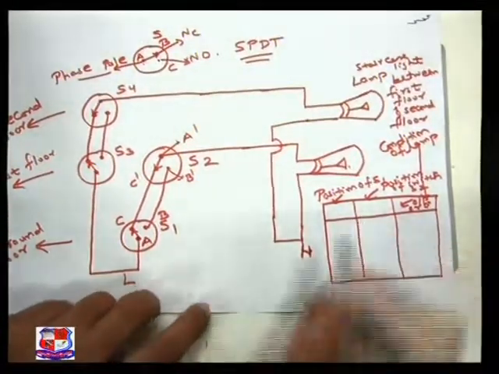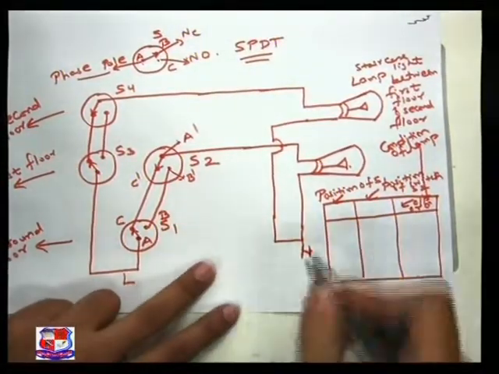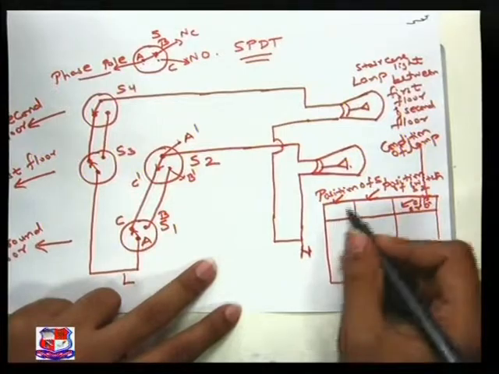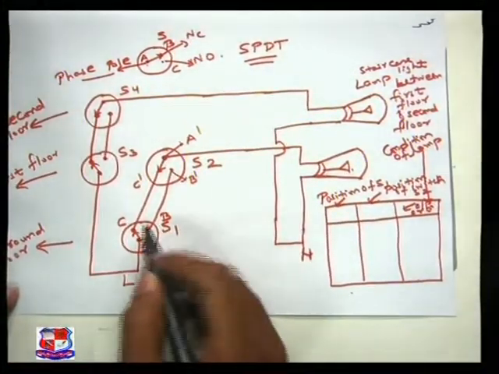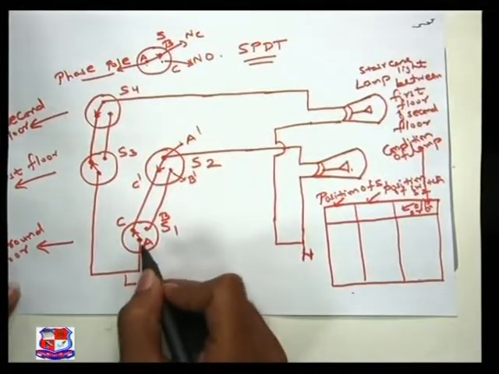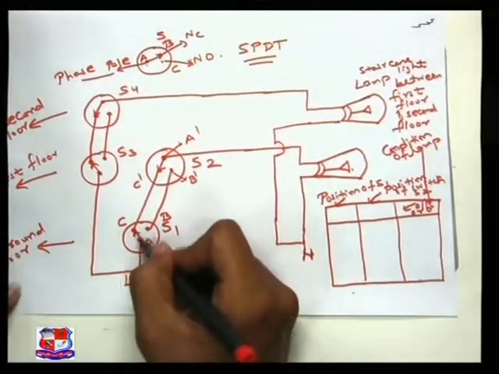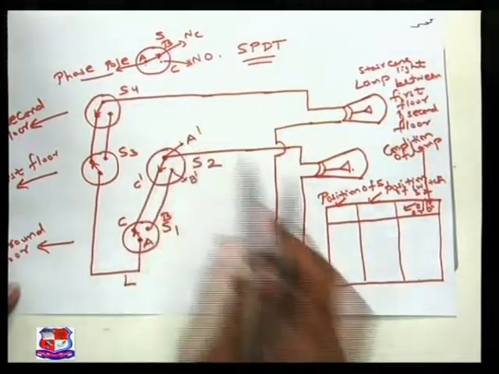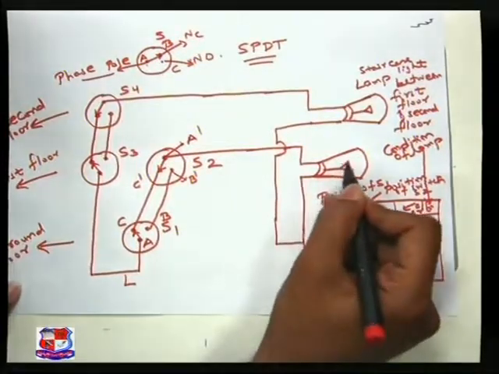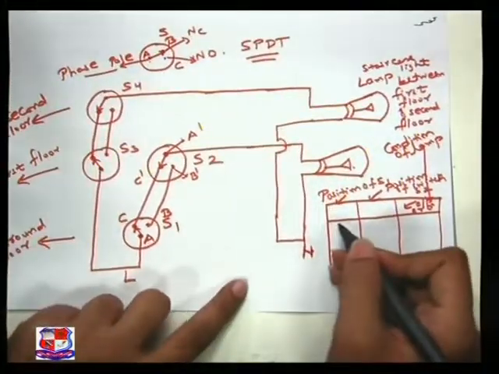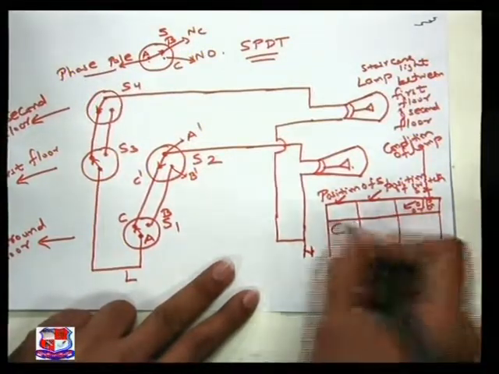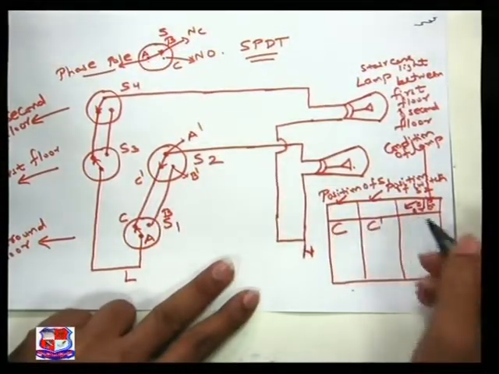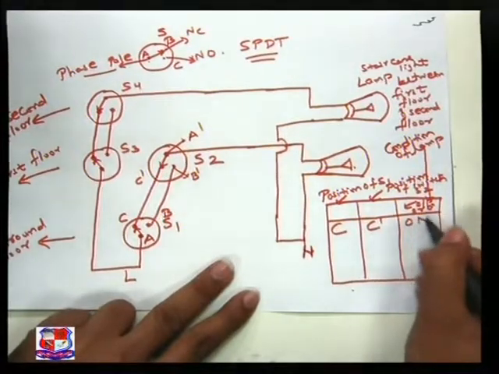So now because there are two switches, 4 possible combinations are there again. So what I will be doing is, suppose the switch S1 is at position C, right? So the connection, if you see, from A to C, again it is connected to C dash to A dash. So the lamp will be on, right? So if the position of S1 switch is at C, right, and position of S2 is at C dash, lamp will be on,